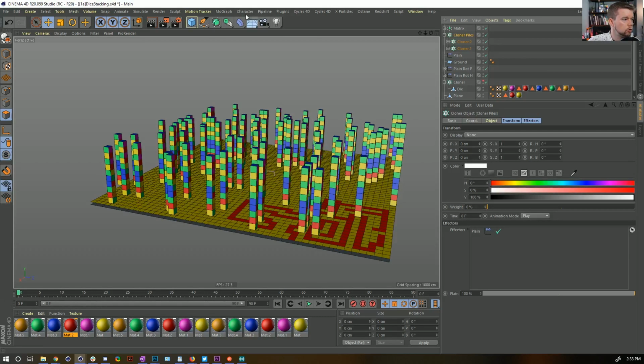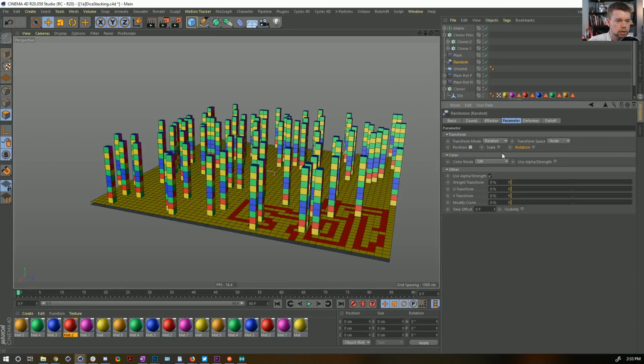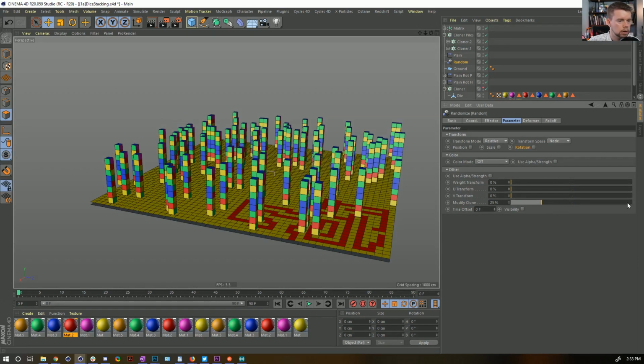I'm going to make sure I have the cloner piles selected. Let's add a random effector. And what this random effector is going to do is not affect the position, but it is going to affect the modify clone. And the hope here is